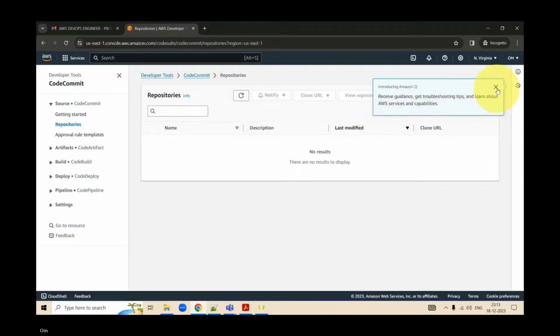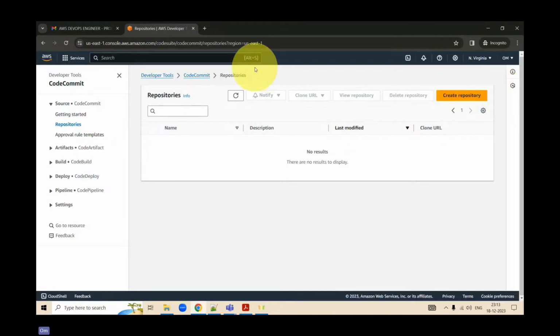Now see, this is your console. You first create a repository of your own, and you see artifact, build, deploy, pipeline, everything is over here.